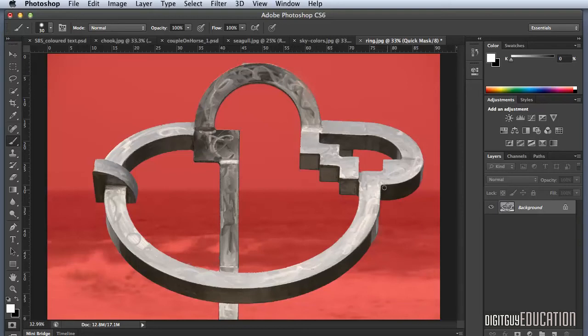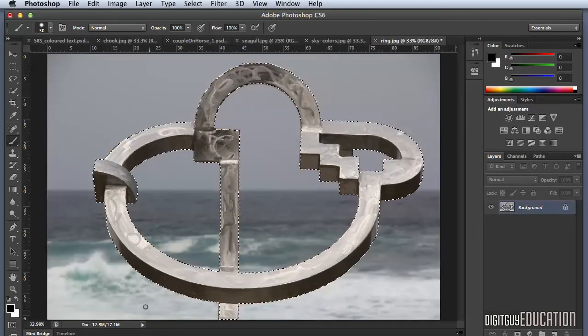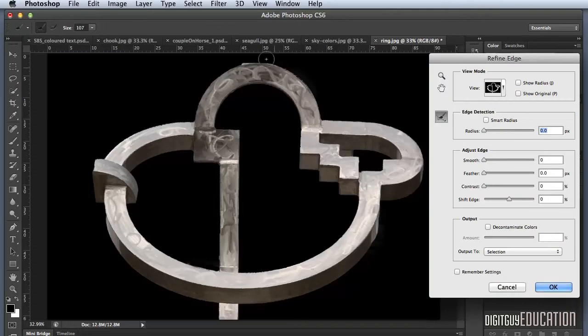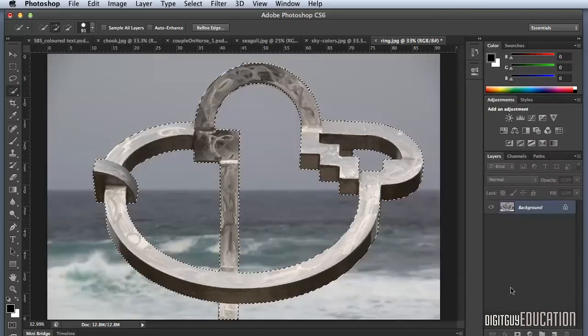Okay, that's looking good. Let's get out of quick mask mode by clicking over here, and let's have a look in the Refine Edge. It's looking great. If I go to Refine Edge up here, let's have a look at it. Oh, it's looking a bit icky up there now, what I've done. So I may have to cancel that and go back into quick mask mode